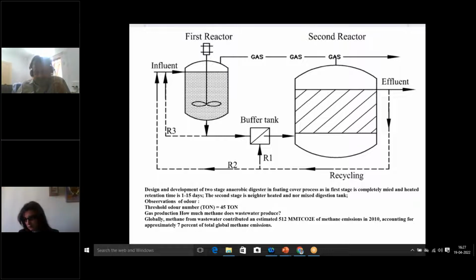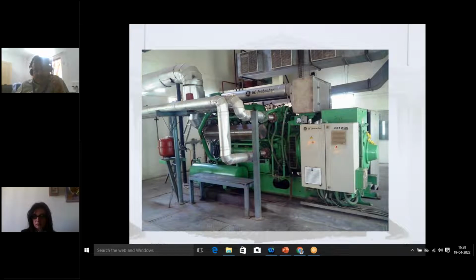Gas production is 512 million metric ton carbon dioxide equivalent. So this is about 7% of the total global methane emission. This has to be efficiently utilized, with the coefficient of performance about 170 percent, in order to avoid the global warming potential problems. So this is how our Coimbatore Chennai sewage treatment plant is organized with the biogas,